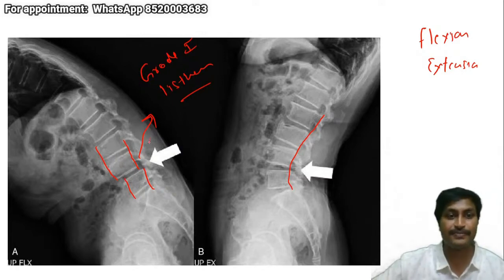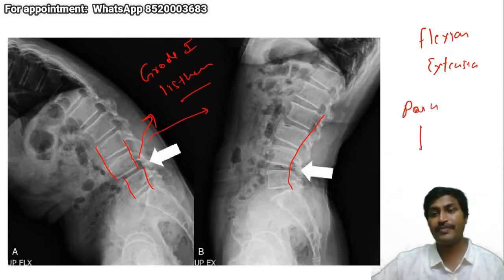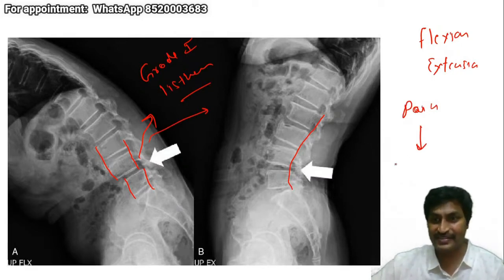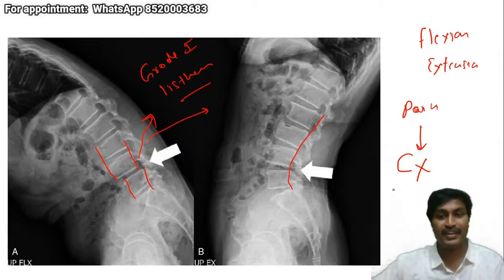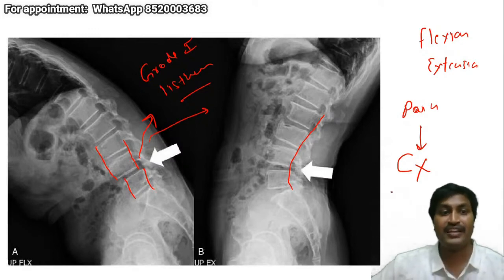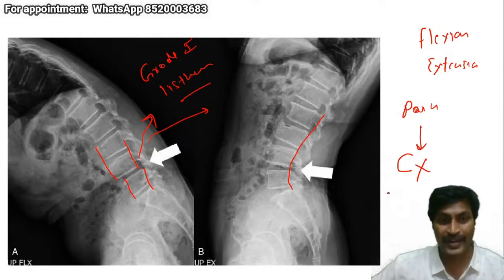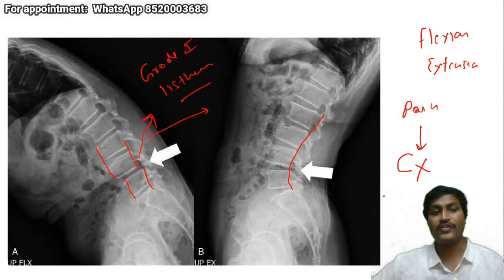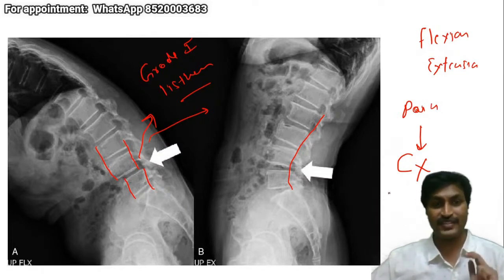So this patient has pain. So what do you advise for this patient? Because it's grade 1 listhesis, we will plan for conservative management. And what specific precaution will you advise him? You will advise him not to do flexion. Any activity where he does flexion exacerbates the movement and causes pain. So you will give him exercises to strengthen the back muscles, and you advise him not to flex, not to bend.